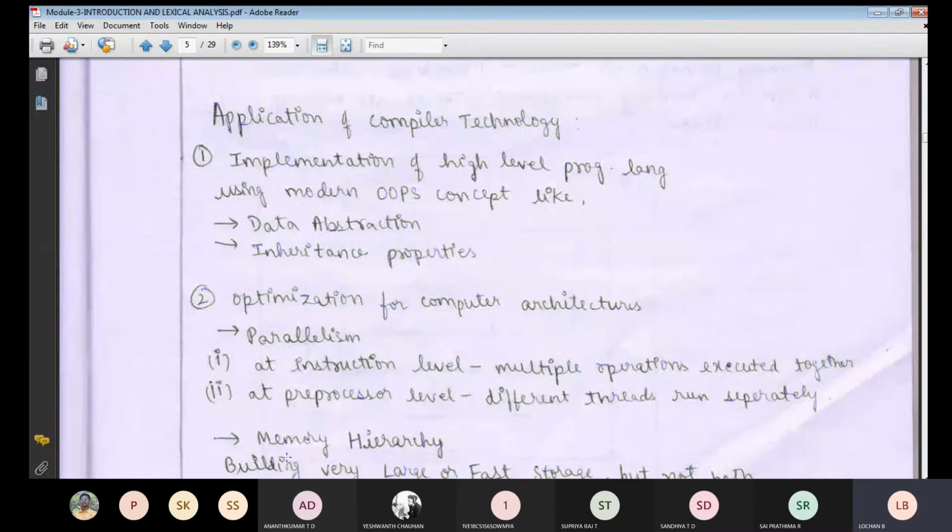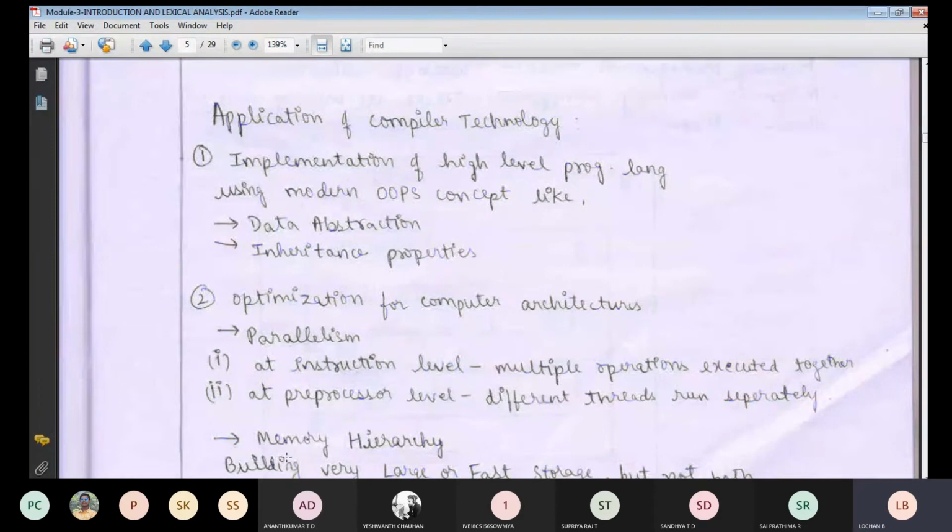Another very important topic from your examination point of view, or the IA point of view, is the structure of the compiler, or the phases of the compiler. In the phases of the compiler, in total you will get 7 important things: lexical analyzer, syntax analyzer, semantic analyzer, then intermediate code generation, machine independent code optimizer, code generator, and the last is the machine dependent code optimizer. So we have discussed these particular things.